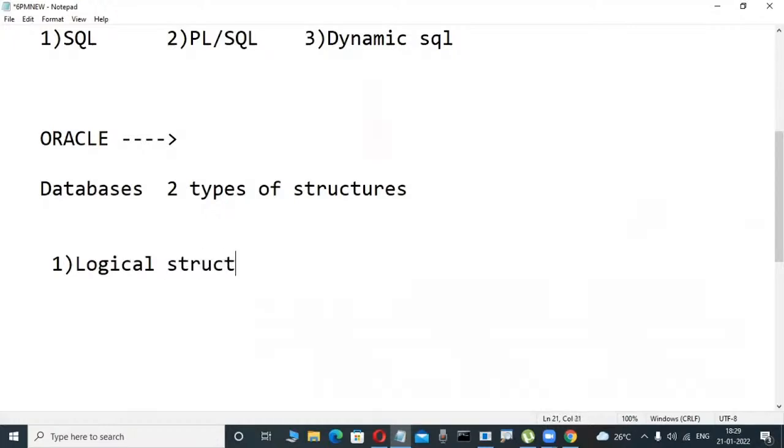Logical structure. Database means it is a place where we can store structure. Okay. Here one is logical structure. Another one is physical structure. Before we tell what the logical and physical structure are in these types of database software,